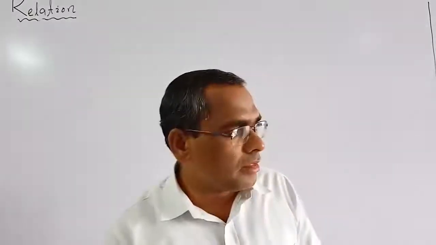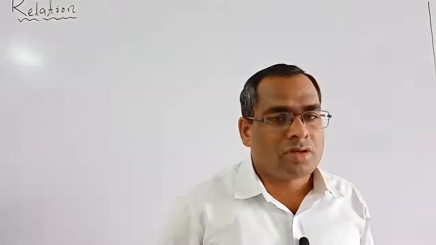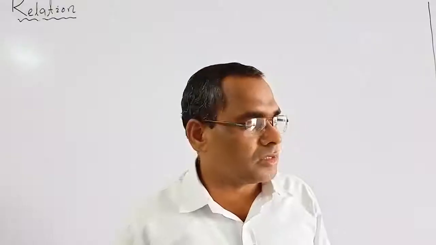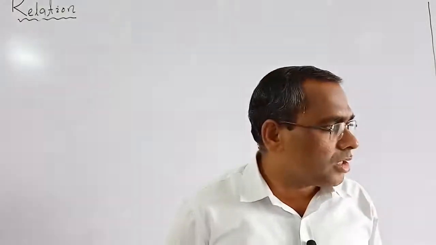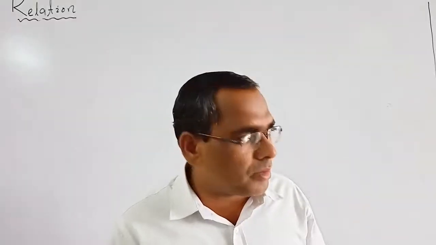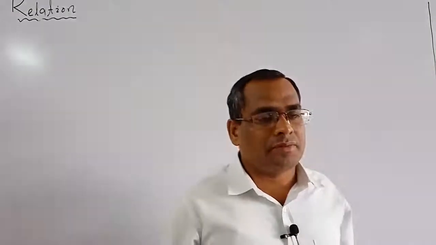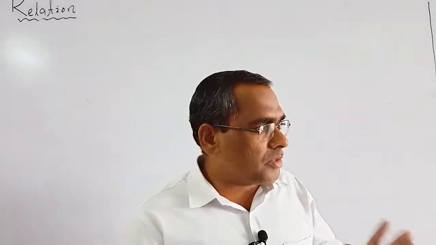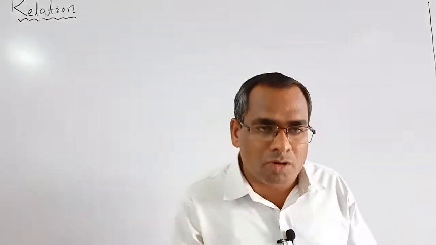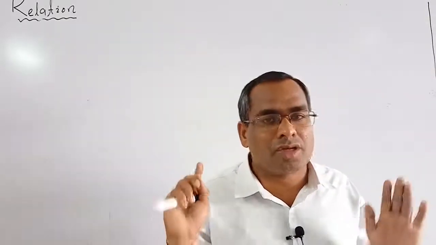Today we are going to discuss a new chapter, relation. Last class we already discussed what a Cartesian product is, its definition and examples. The Cartesian product of two sets means the collection of ordered pairs (a, b), where a belongs to A and b belongs to B, and it is denoted by A cross B. That means A cross B is the set of ordered pairs (a, b), where a belongs to A and b belongs to B.